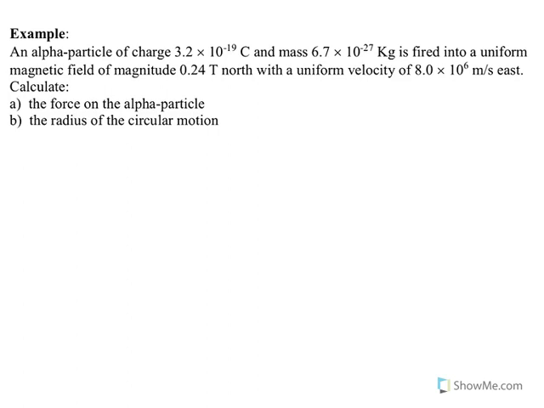Alright, so here we are, we've got an alpha particle of charge, so alpha particle is positive, right? And it has a mass, there it is, fired into a uniform magnetic field of 0.24 Tesla, uniform velocity east, so it's fired in the east direction. So first of all, it says what is the force on the alpha particle. So the force is